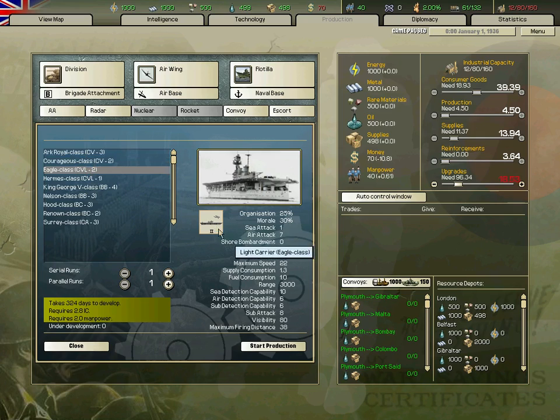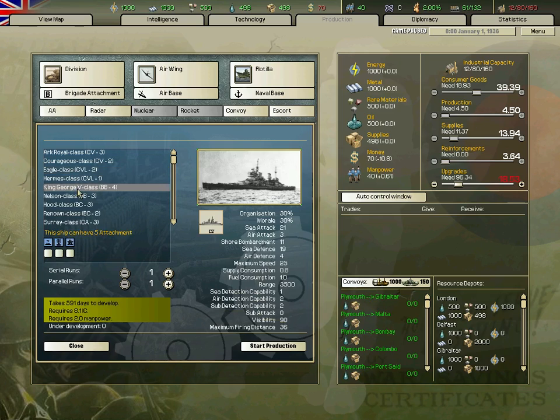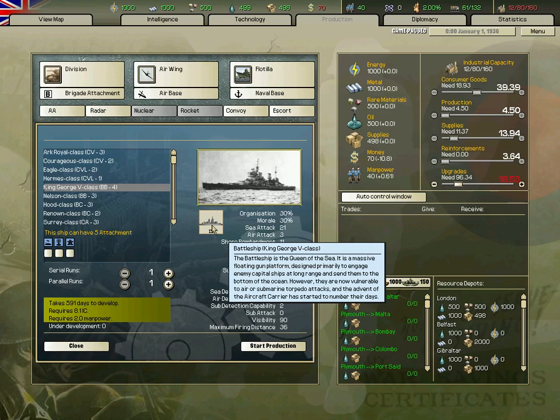Eagle are light carriers. Eagle class, Hermes class became an important naval vessel later in the war. Its ability to protect convoys, actively hunt submarines, and support amphibious operations through the aircraft it carries made it very useful and cost effective, freeing up more expensive fleet carriers for other attacks. The ships themselves, however, are lightly armored. King George V. Currently, I believe...